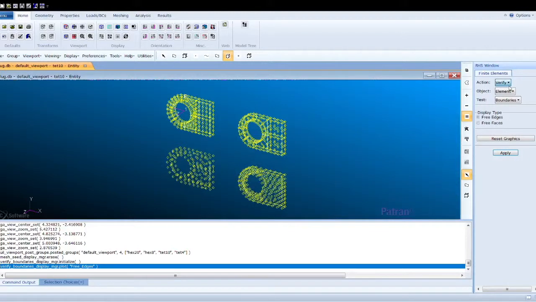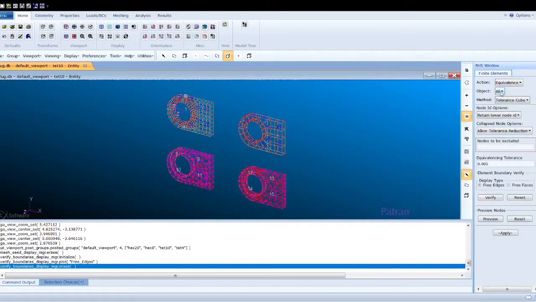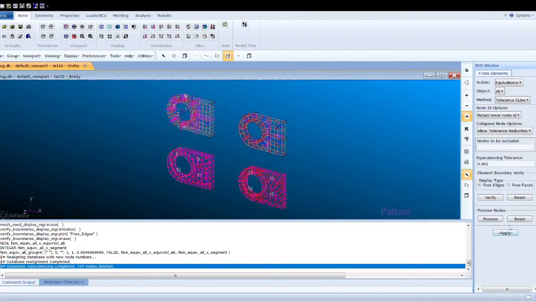We will change the action to equivalence and the method tolerance Q. Then we will click Apply. We will return to Verify and click Apply. To do analysis,